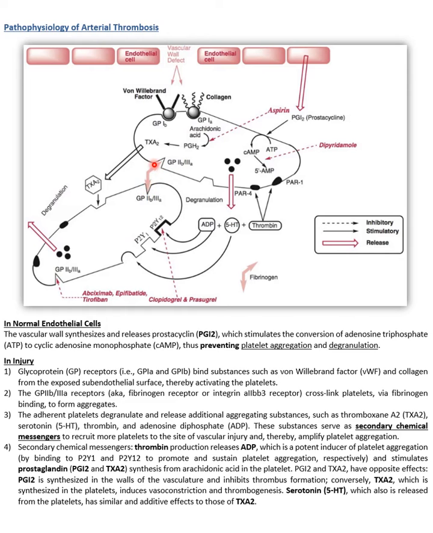This arrow here, or this thing here with two arrows, represents the fibrinogen, which actually sticks platelets together. So, for example, this platelet and this platelet here, they will stick together through this site, and then there's another site here for the next platelet to stick with the next one using the fibrinogen. Okay, so the first step, like we said, is for these two substances to bind to this receptor, followed by the fibrinogen binding to the